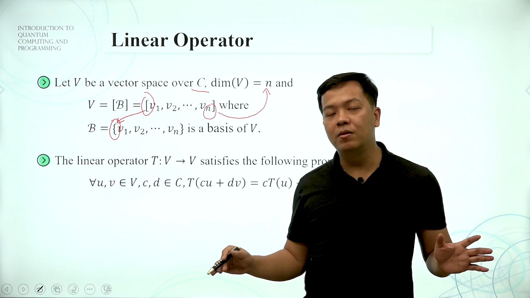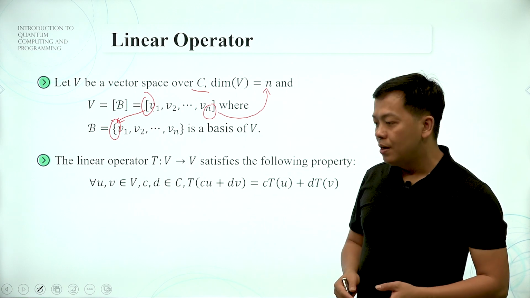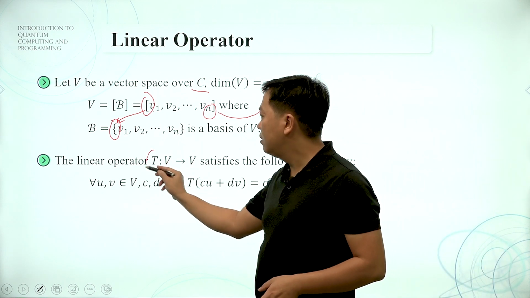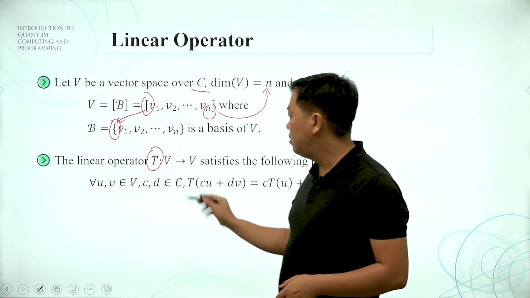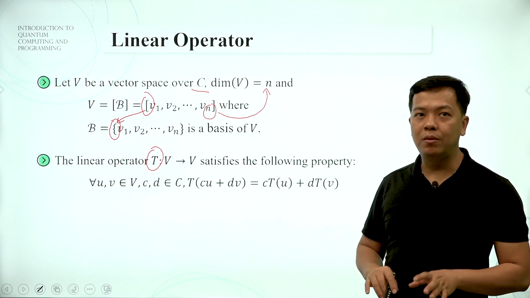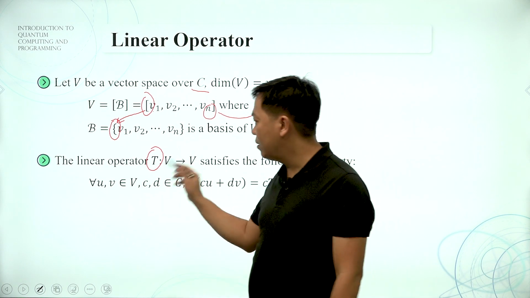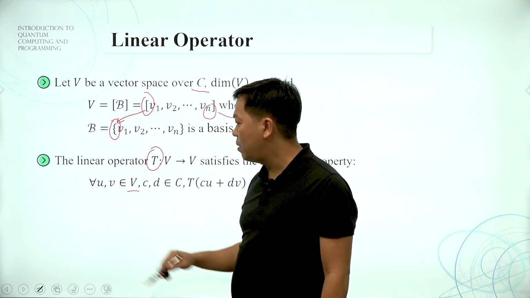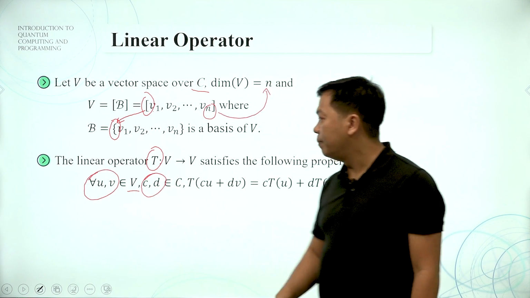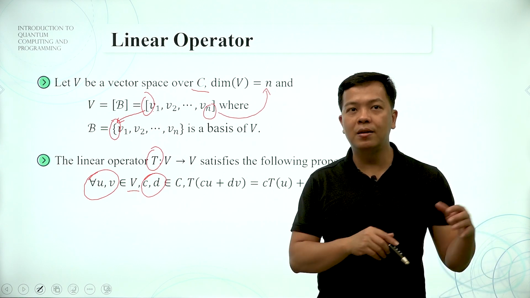How can we operate linearly? How do we define the linear operator? Over here we define the linear operator T. It's linear, remember, from V to V. It means we transform the vector, and we need to satisfy a property. If we have two values in this vector space V, two vectors, and we multiply by values in the complex field,